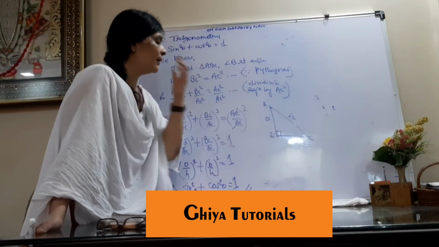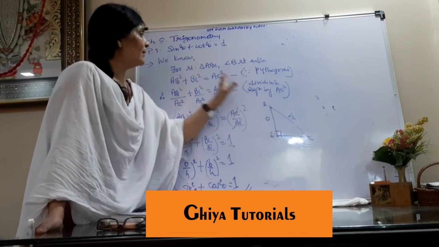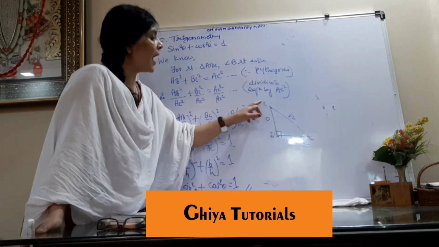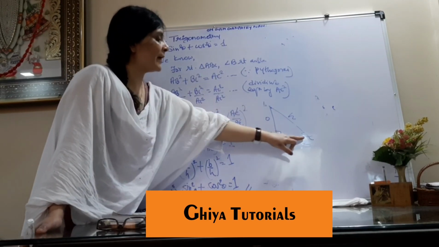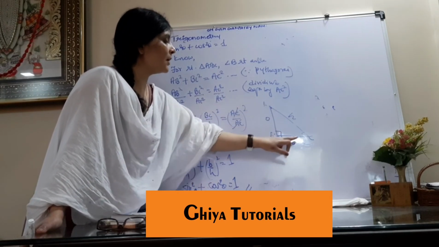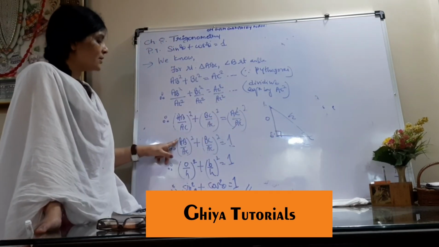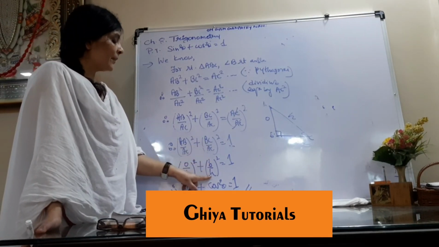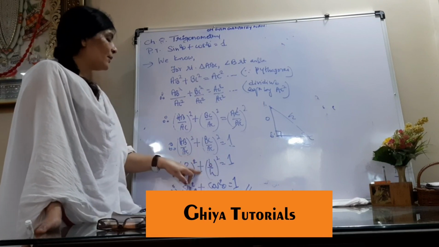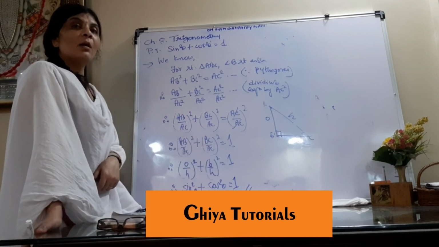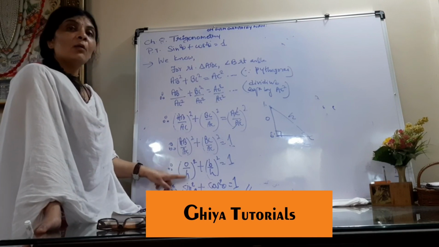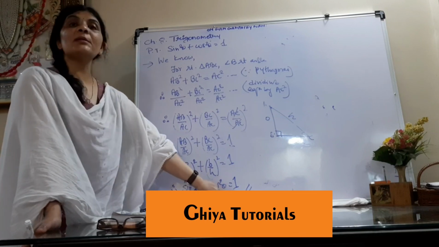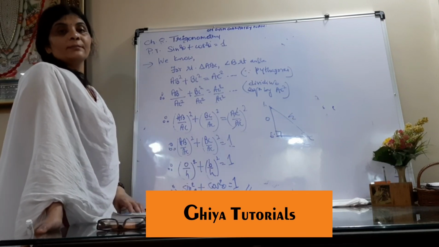Now I have to remember here that AB is nothing but O, given the condition that in triangle ABC my angle B is a right angle. So with respect to angle C, AB is the opposite side, BC the base and AC the hypotenuse. So instead of AB, I can write O, instead of AC H, BC base. So O by H whole square plus B by H whole square equals 1. And so what is O by H? O by H is sine square theta, B by H cos square theta. So sine square theta plus cos square theta equals 1, and thus proved.